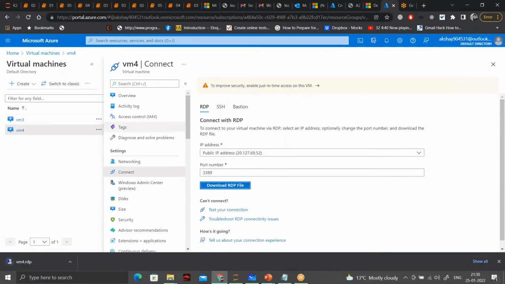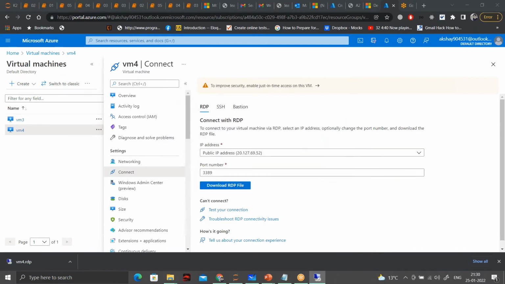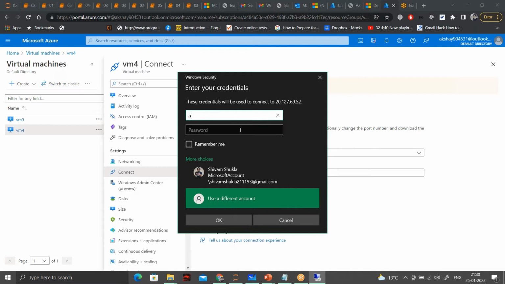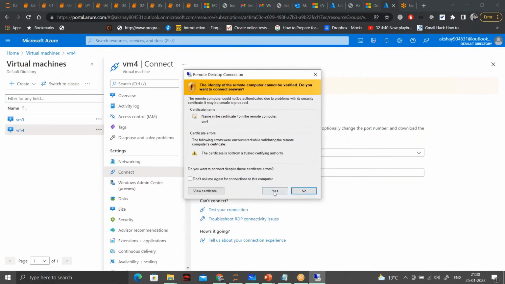Yeah, so for VM4 now, I'll go ahead and disable the firewalls. Yes, this is the password for VM4.